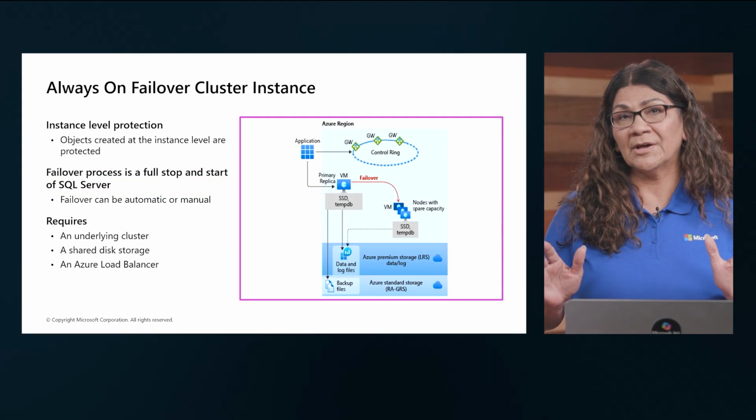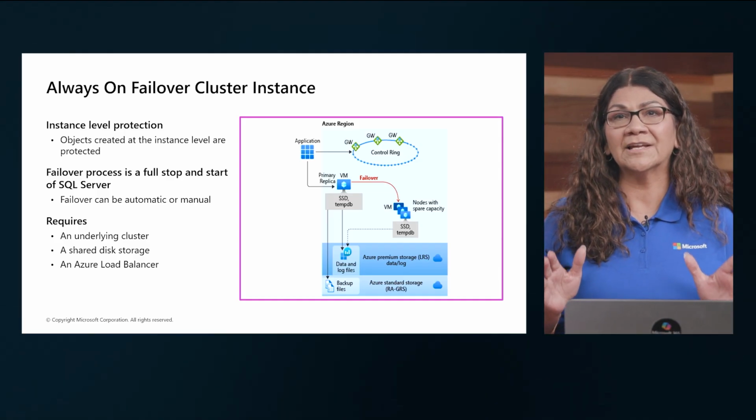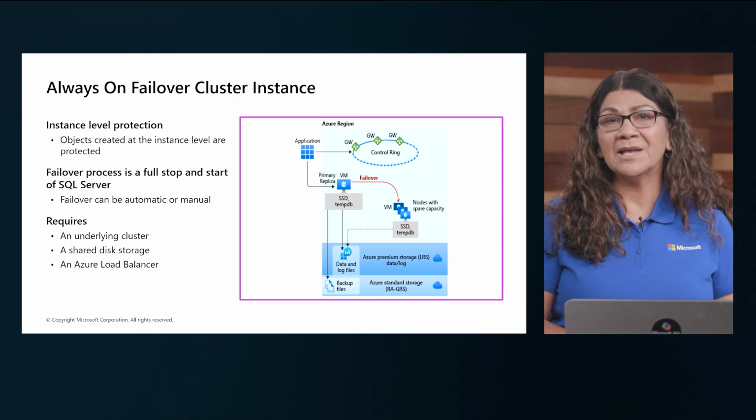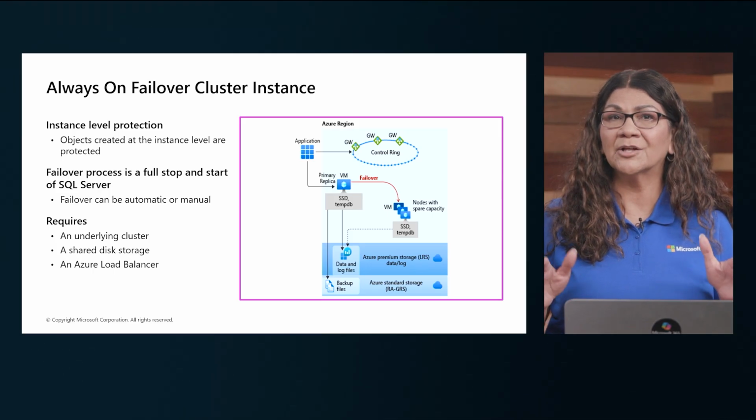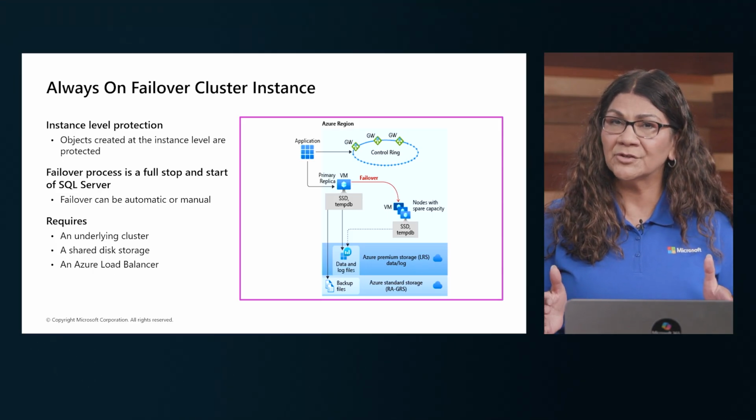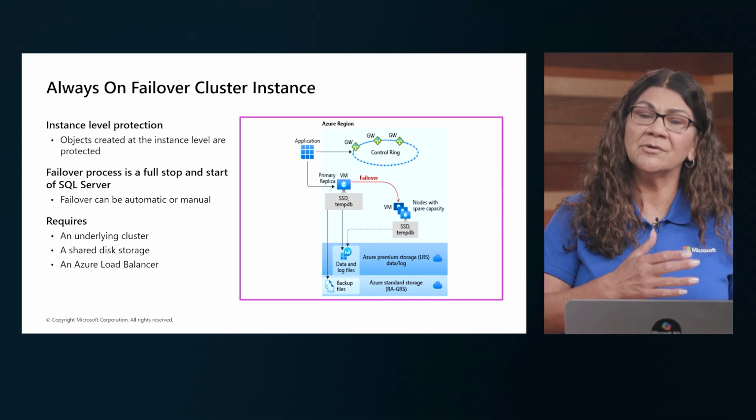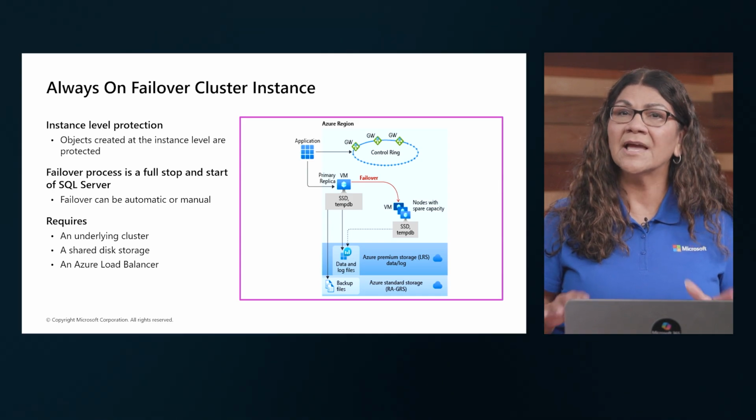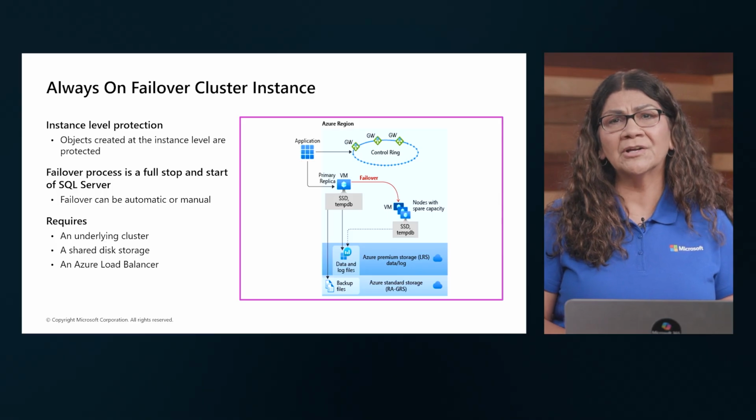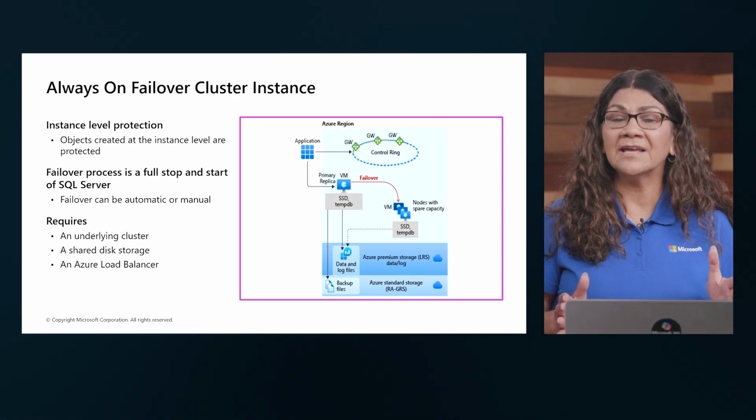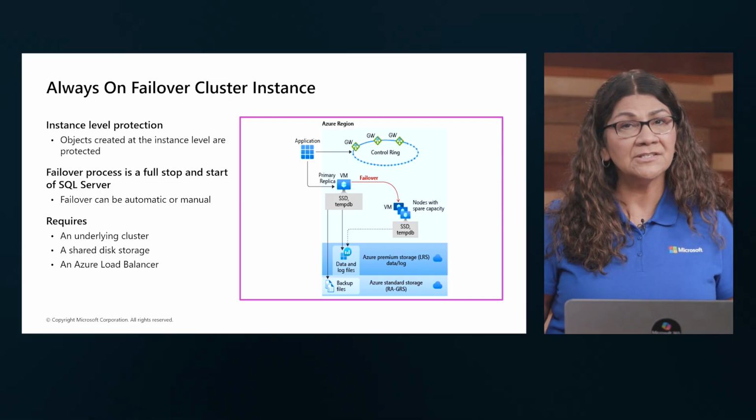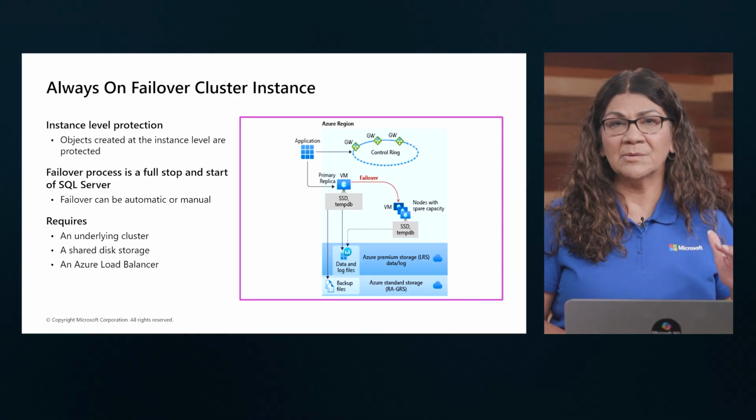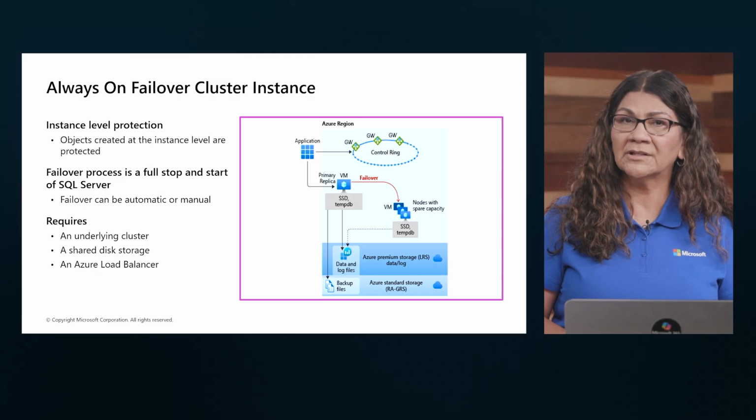So we're going to first talk about SQL Server's failover cluster instance. And this offers instance-level high availability by enabling the entire SQL Server instance, including logins, jobs, and linked servers, to fail over to another node in the event that there is a problem. This failover process involves a full stop and restart of our SQL Server, ensuring all instance-level objects remain intact and operational without additional configuration. FCIs require an underlying cluster, as we mentioned before, like our Windows Server failover cluster or